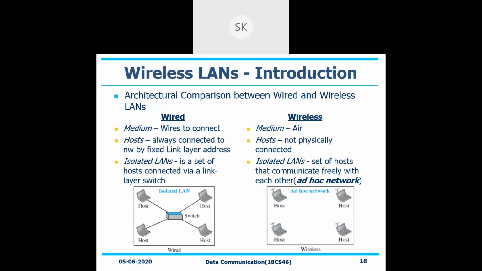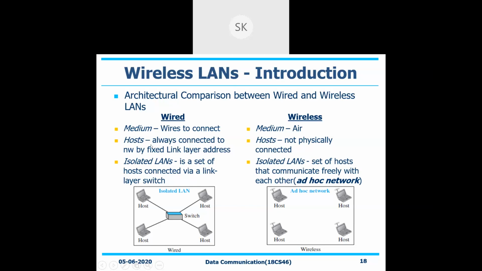See, the moment I say wireless, it will be transmitting using the medium called air itself. With respect to your wire, there is a physical connection that is available. With respect to your wires only, you will be connecting it. So that is a comparison that has been given over here. So architectural comparison between your wired and wireless LANs, that's what we are seeing. Wired is the first part, second part is wireless. In the wired, wires are the medium that is used to connect it, whereas in the wireless, it is the